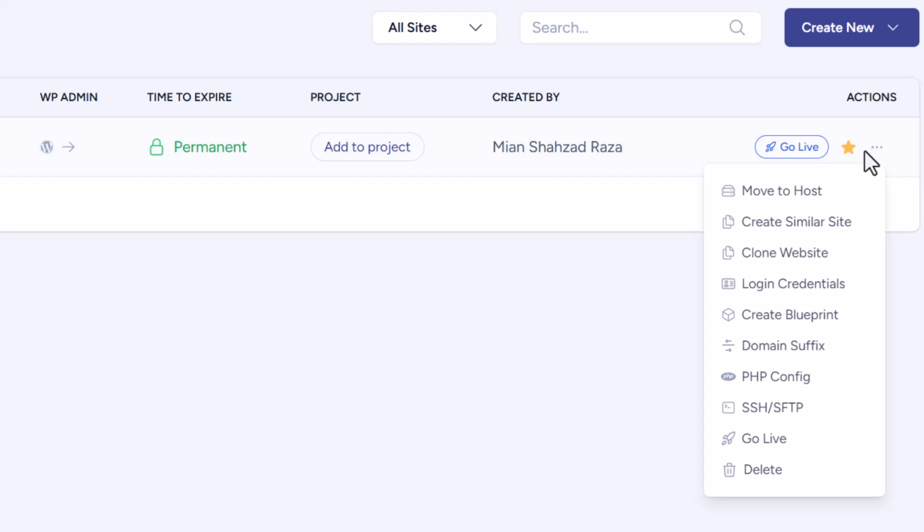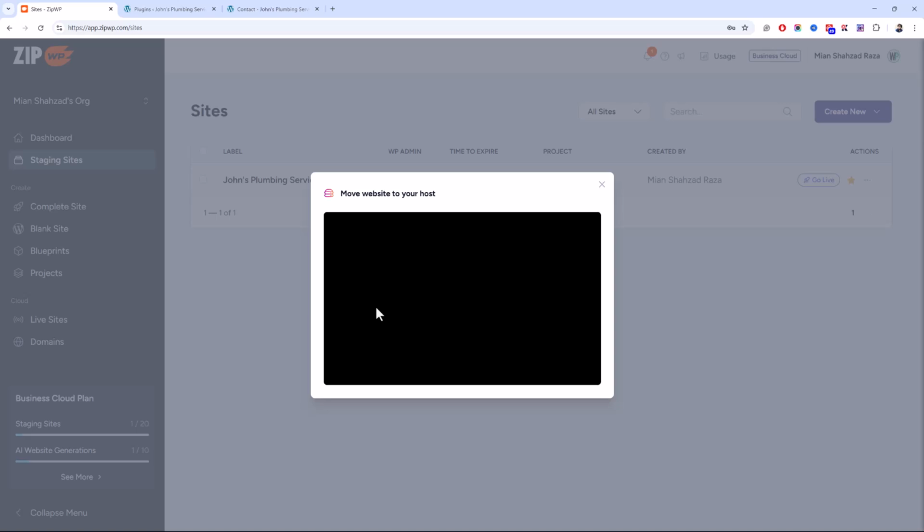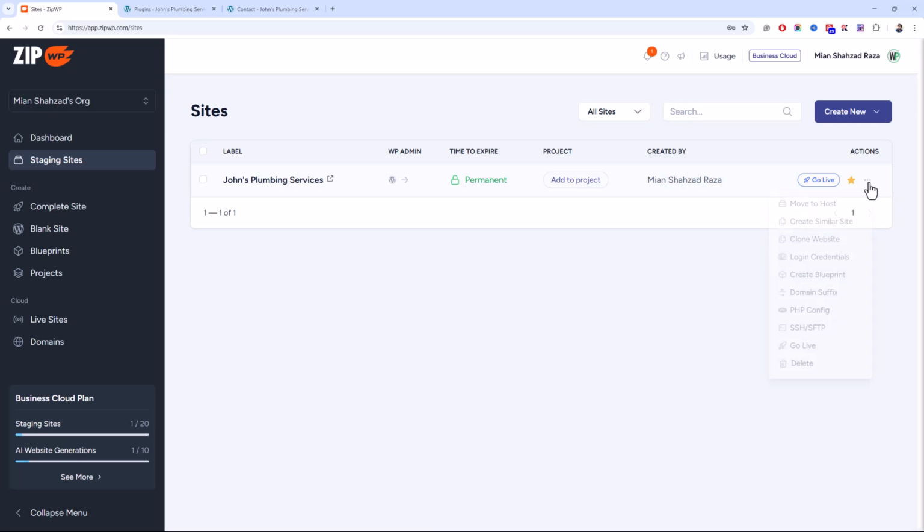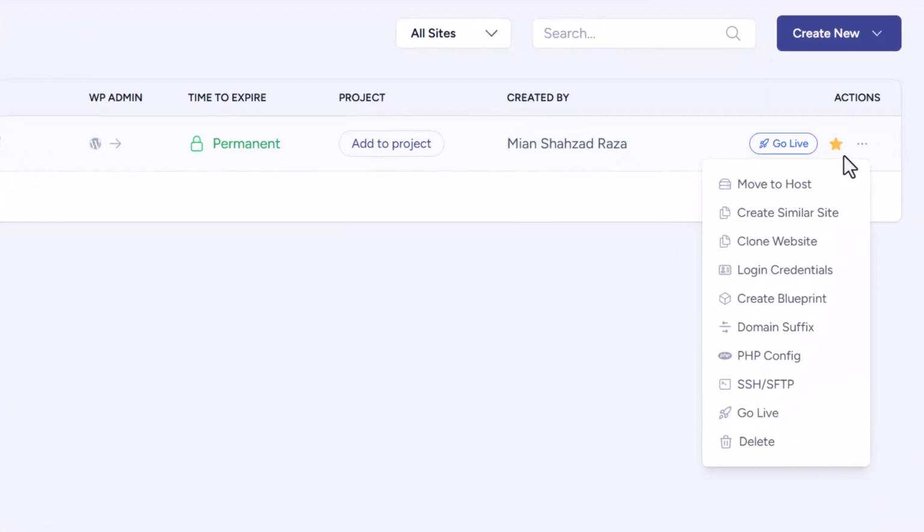And then if you click on these three little dots, you can see the option right here as well, like move to host. It will display the video tutorial by Adam on how to move this website to your personal web hosting. You can watch this video to learn more about how you can move this site to different web hosting. And then you can just click on this create similar site button to create the same website for another project